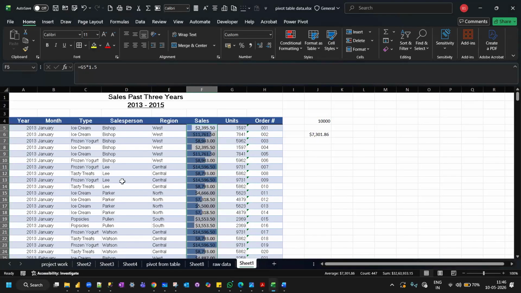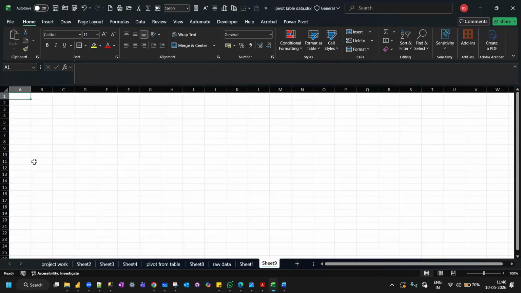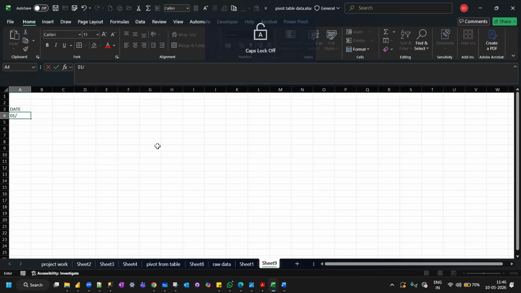Here we don't have a date column, right? We don't have a date column. So let's take a new sheet and do one thing. Let's create a date column, people. Manually create a date column. Let's try to create dates from